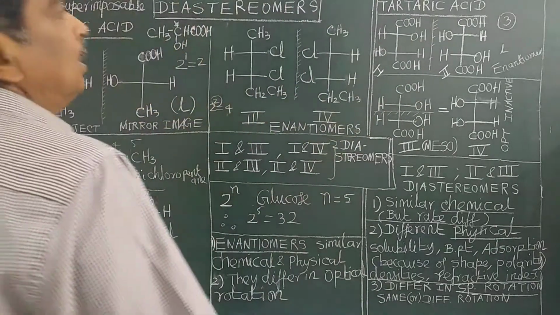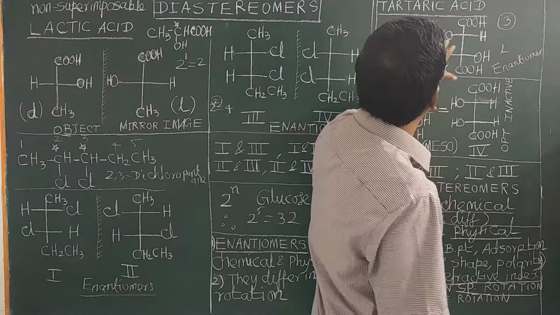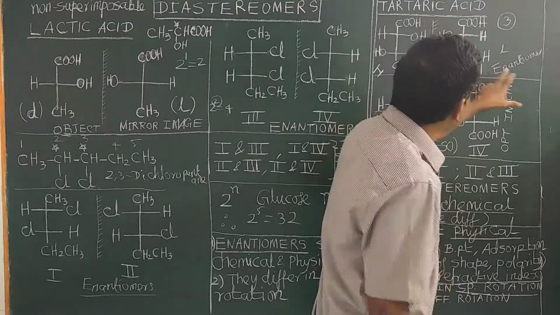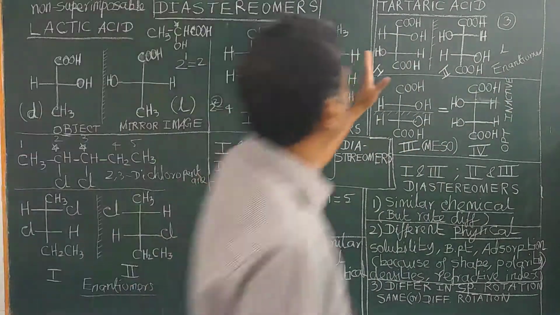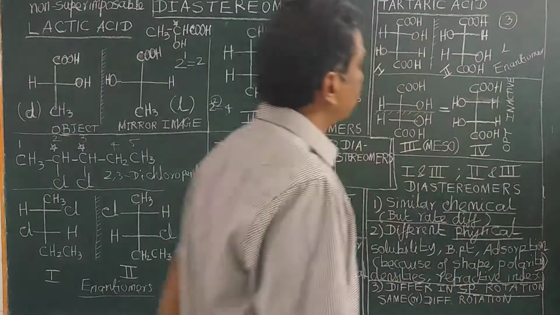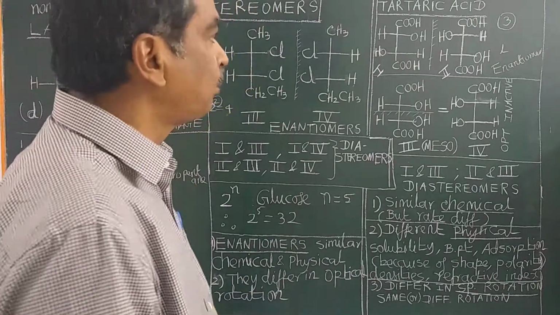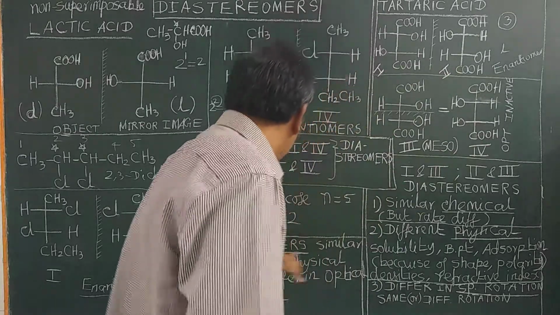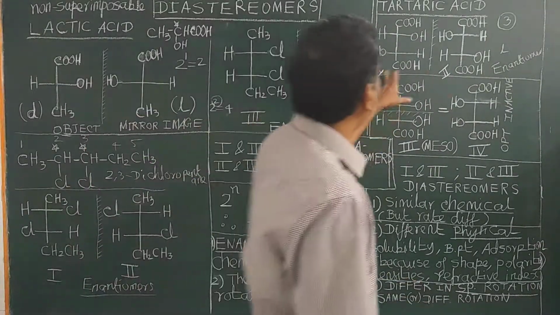Tartaric acid is a dicarboxylic acid, and you have an OH group on the right-hand side and an OH group on the left-hand side, and you have 1 and 2. They are stereoisomers, they are non-superimposable, they are object and mirror images, they are called enantiomers. They differ only in optical rotation, in optical property only. They have similar chemical and physical properties, but they differ only in optical rotation, the 1